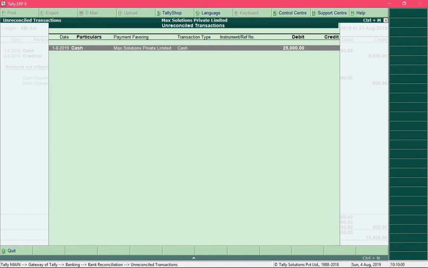So what Tally does is it considers the amount based on which it will select the entries for the given period, and you need to select the matching entry which matches with the bank entry. So right now I have taken a very simple example, that is why it is showing only one entry, but in real scenario there could be more than one entry which you need to select by navigating over it and